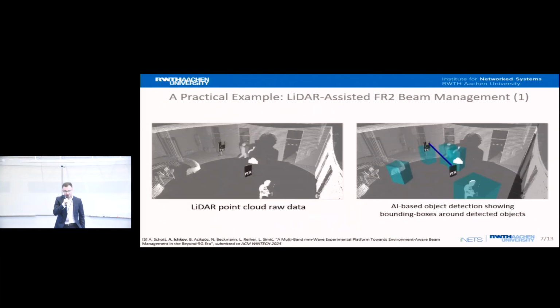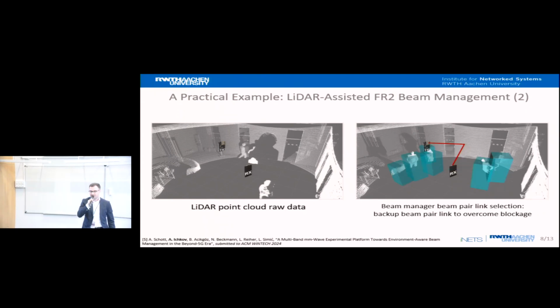So here's just a small showcase of how these things actually look after you run everything. On the left-hand side, you have the raw LiDAR point cloud data, and on the right-hand side, you could see that between the TX and RX from the RF side, we have a line-of-sight link. All the objects around it showcase the bounding boxes that have been detected by the AI/ML, and this object list has been fed to the GNU Radio platform via MQTT messages.